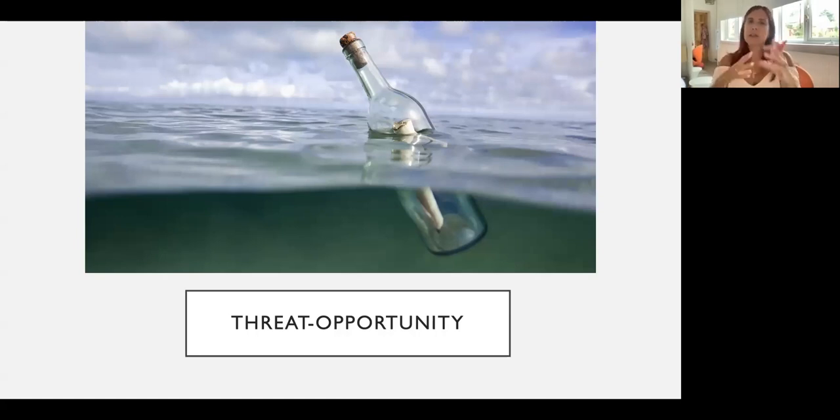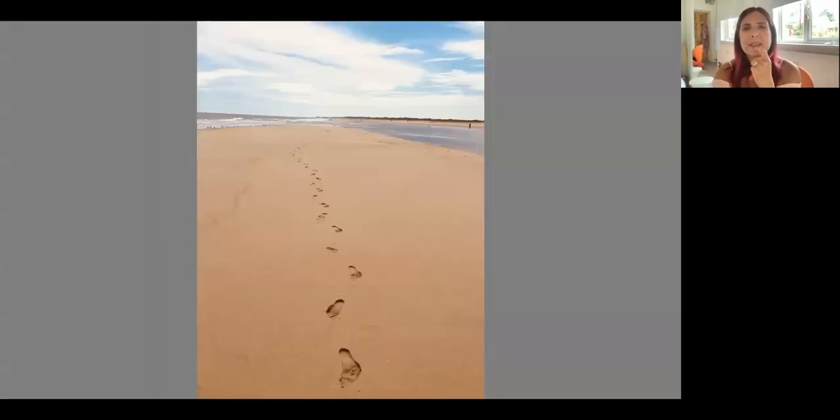But if we turn that into a continuum, so threat is at one end and opportunity is at the other, we want you to try and start thinking about the opportunities that actually making a start and completing this KSA will afford you. So that's a little bit of, like I say, the motivational talk, hopefully. And do remember that this KSA is a document about your journey, and that's something to be celebrated.